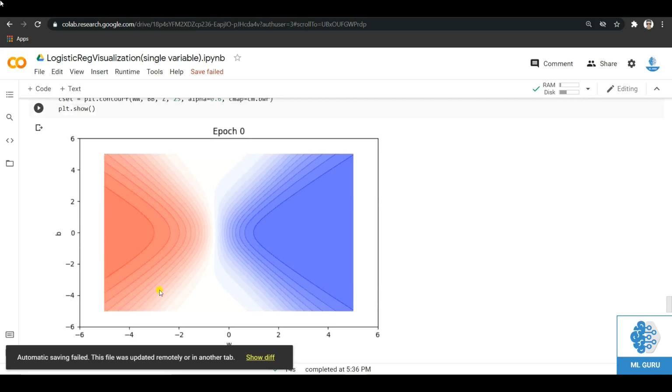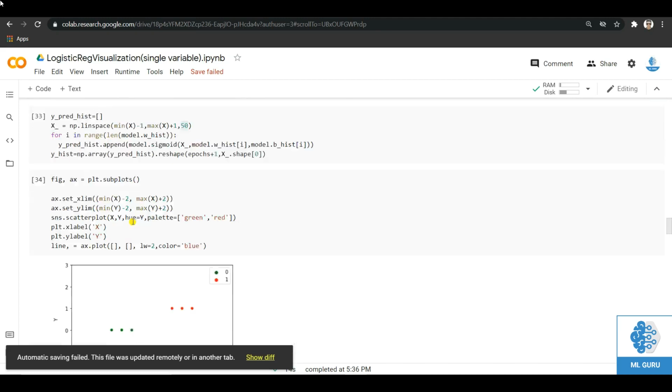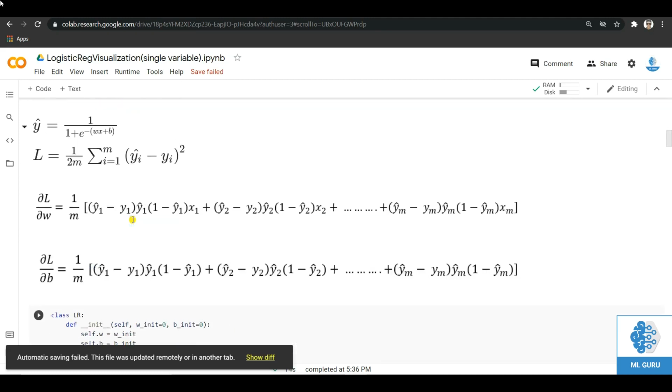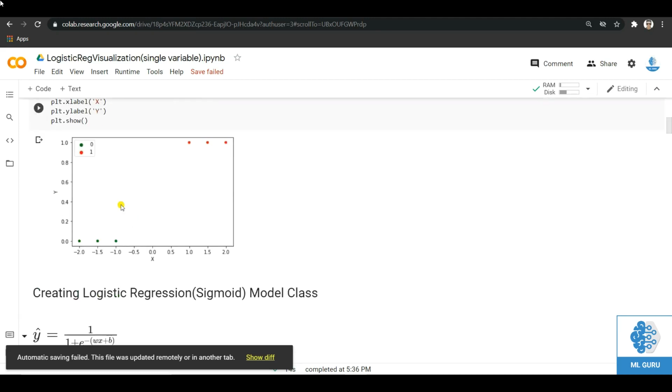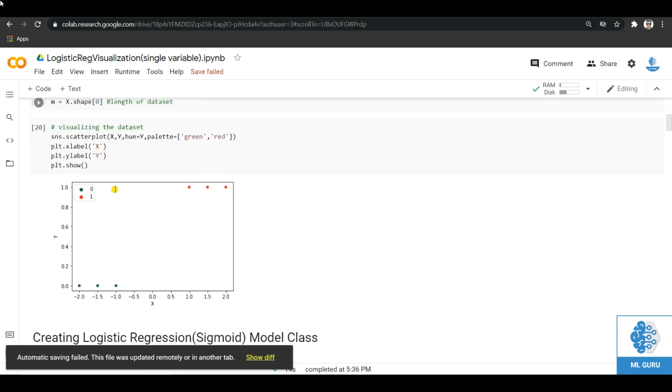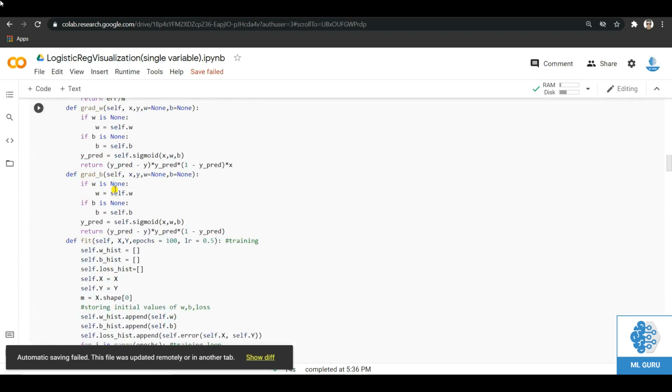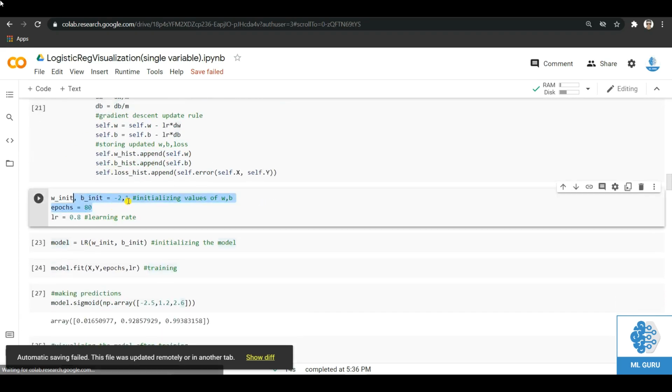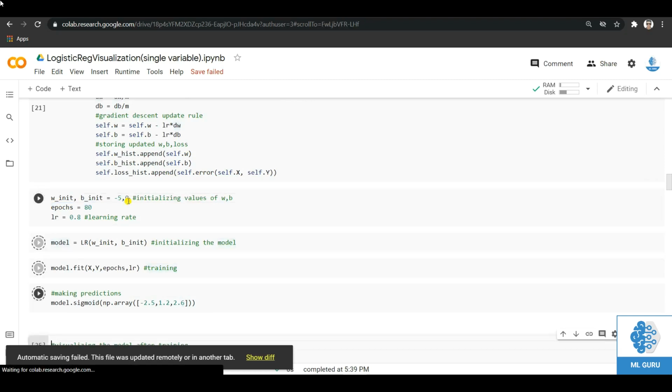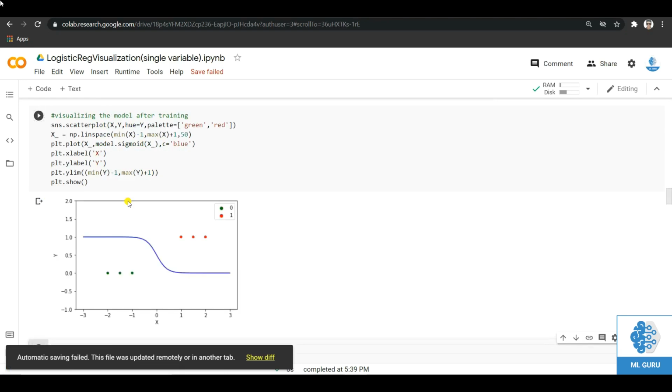Let's initialize this to maybe minus 5 comma 0. So we have initialized it to minus 5 comma 0, and let's quickly run this.